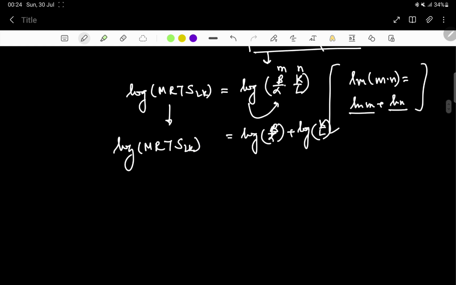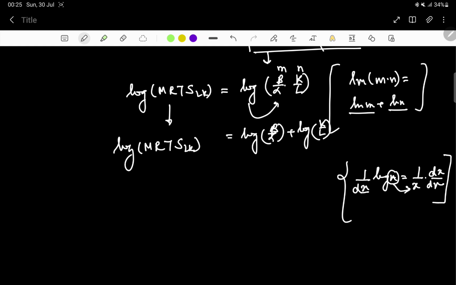Okay, now we can differentiate both sides. The next property that we need to look into is the differentiation of log: d upon dx of log x is 1 upon x into dx by dx. Since here it is x, so there it is x. So this is a property. Whatever is inside the log comes to the denominator side. So if we differentiate on both sides, what we'll get? We get 1 upon MRTS LK